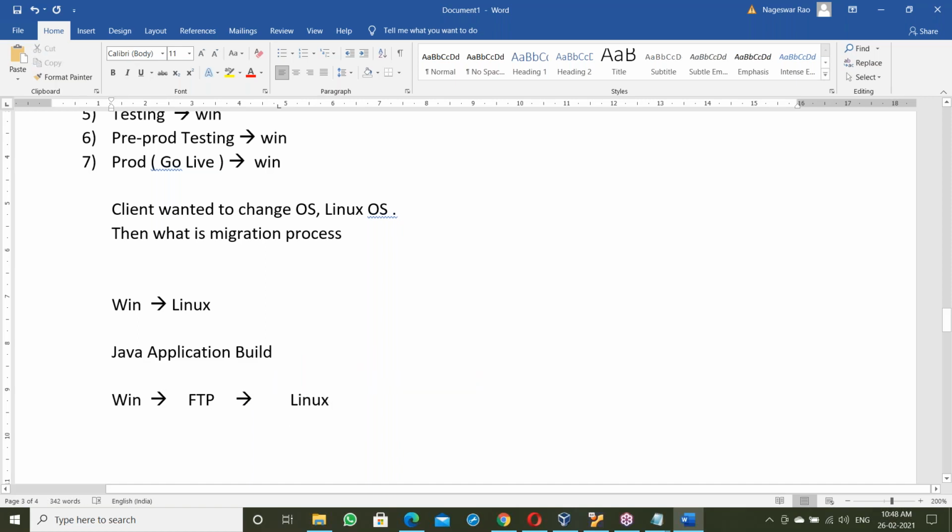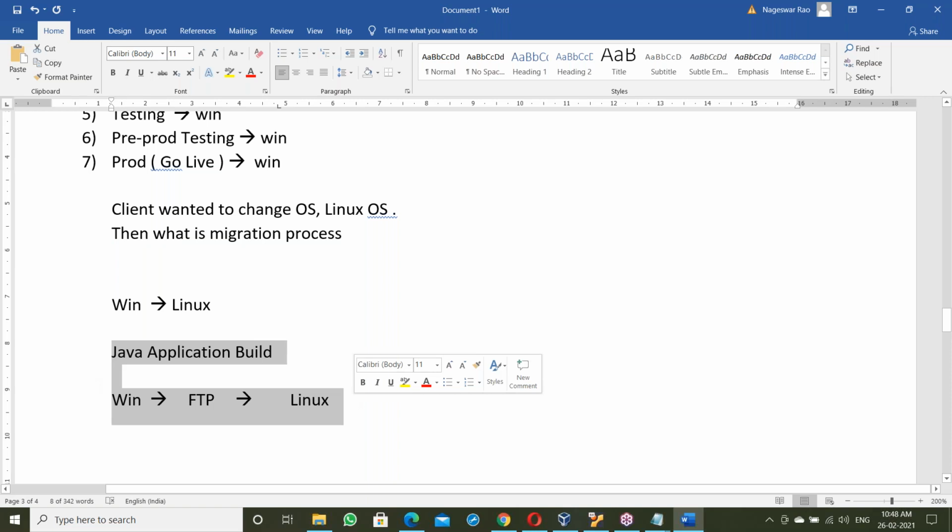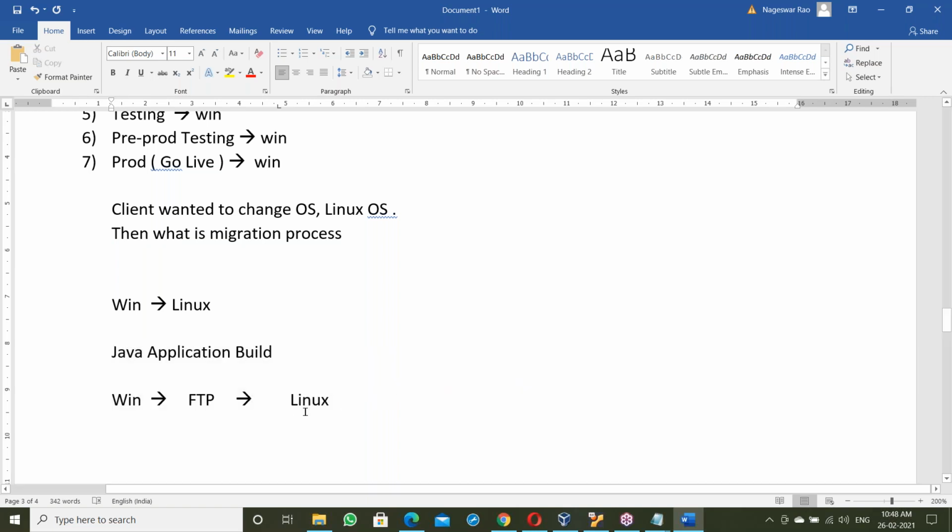After moving the build to Linux base, it goes live. So in total, how much time is taken to complete this migration process for a Java application build? For building the Linux server, a matter of 2 hours; within 2 hours we can build the Linux server.